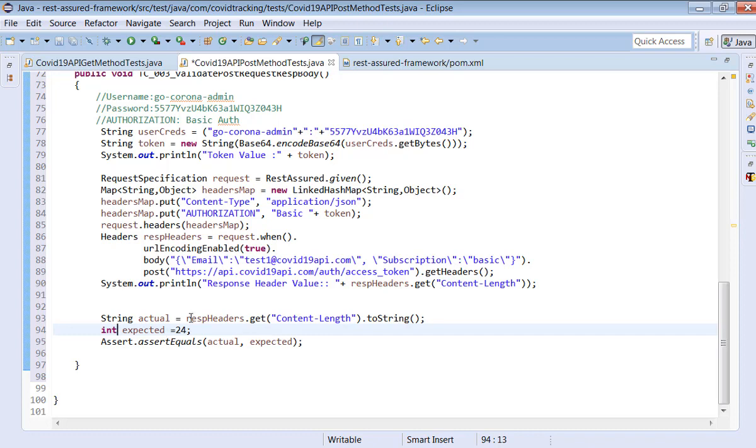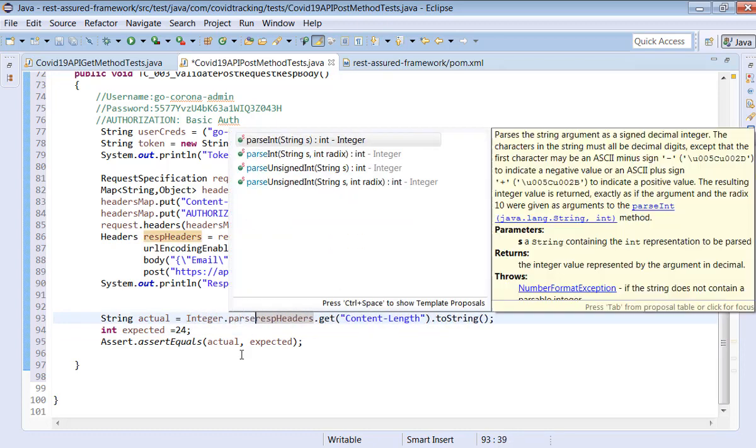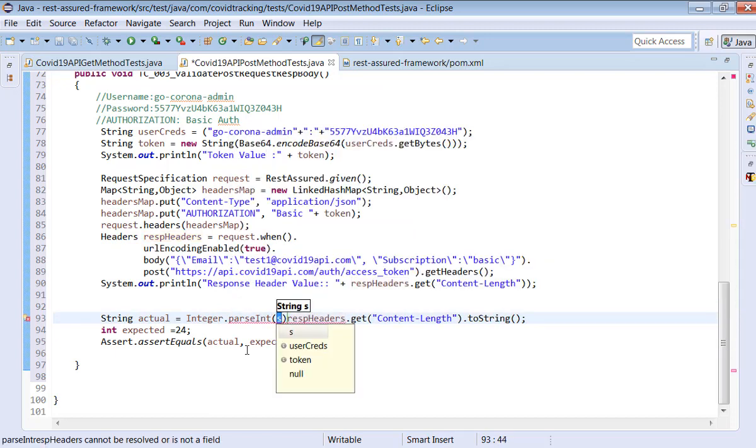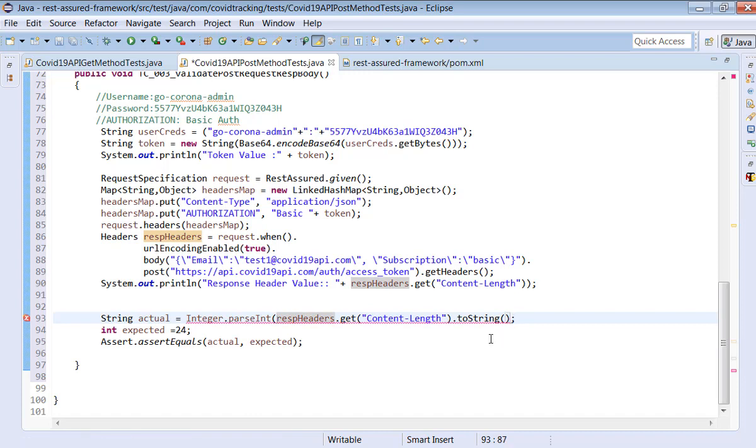Now this we will try to convert into integer, dot parse int, to convert this, because we are getting the length as 24. Why? Because whenever we get a string, the string contains an integer. The string we have to convert into an integer. This is the actual. We will try to compare like this.